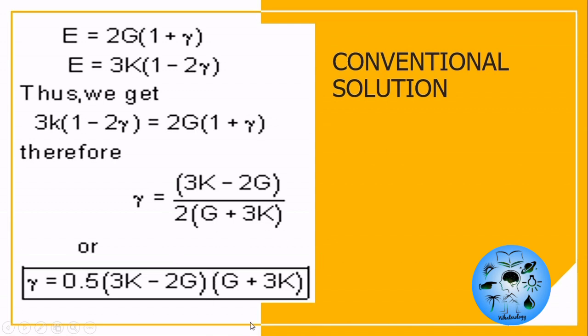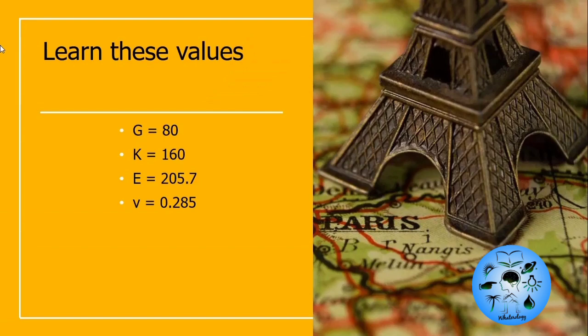Now this method till now was based on remembering these two formulas. What if we don't remember these formulas or we don't want to remember them? Okay, there is a further cool trick by which even without remembering any formula you can solve these questions. Just see. In order to solve these questions without any formula, you have to remember these 4 values. I know it's a bit difficult task for engineers to remember values, but still you have to remember these 4 values. Okay, so let's remember with me.